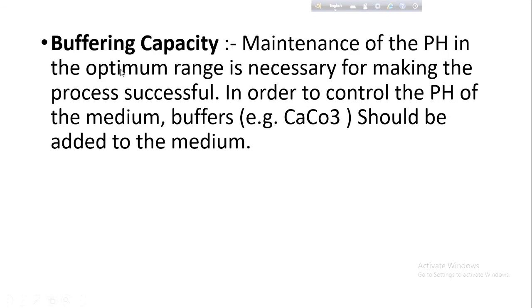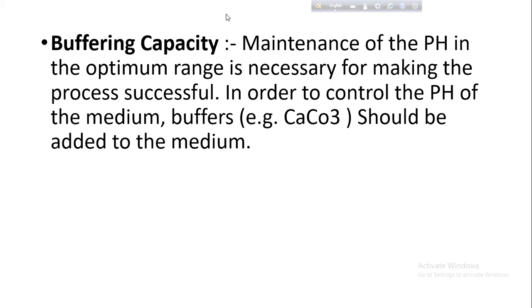Another important factor we have to keep in mind while preparing an inoculum is the buffering capacity, or the maintenance of pH. If optimum pH is not maintained properly, this might cause the microbes to give a false reaction or the microbial cells to rupture or lyse rapidly. Take an anaerobic microorganism that requires a certain amount of acidic pH to grow, and the pH of the media is above 7 or nearly 7. This will greatly reduce the amount of yield production.